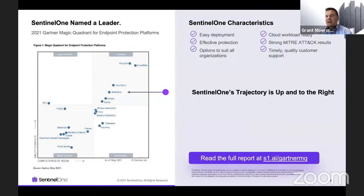Some of the things that Gartner says about us, the SentinelOne characteristics, and these are Gartner's words. If you look at the report, which you can get access to at the URL at the bottom right corner, they say we have easy deployment and effective protection. I mean, who wouldn't love that? And options to suit all organizations,